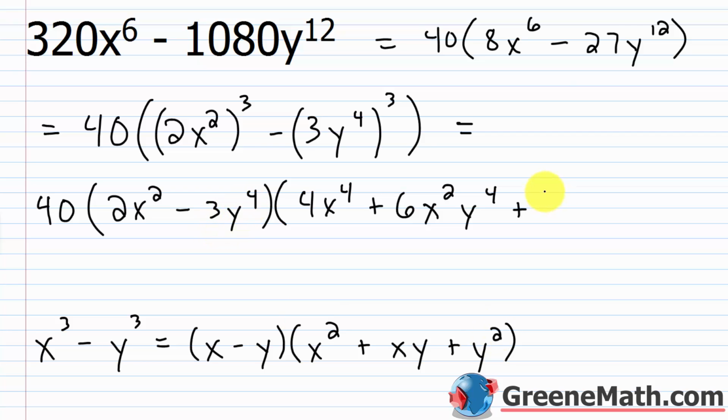be squared. Again, let's use some parentheses so we don't make a mistake. 3 squared is 9. Y to the 4th power squared is y to the 8th power. So y to the 8th power. Okay. So this guy is going to factor into 40 times the quantity 2x squared minus 3y to the 4th power times the quantity 4x to the 4th power plus 6x squared y to the 4th plus 9y to the